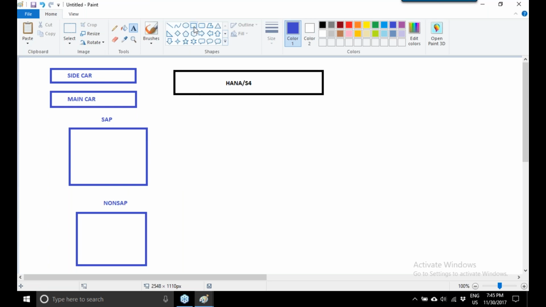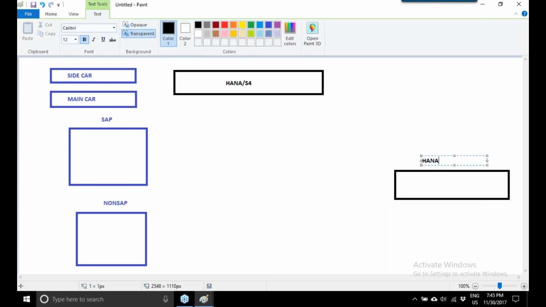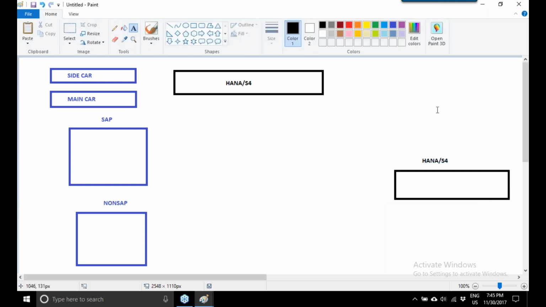Now, I would like to implement a new solution called HANA S4 HANA. This is the new, next generation platform.